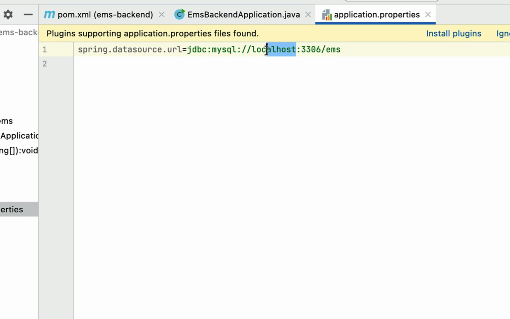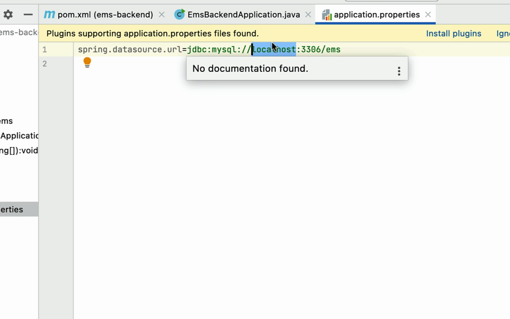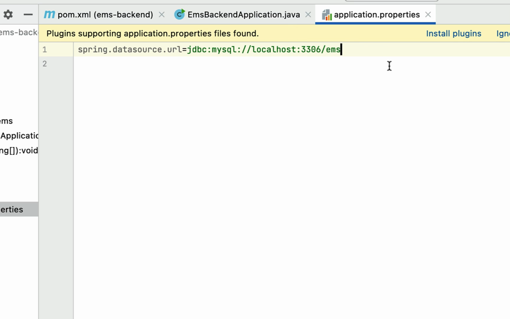And look at the localhost here. Our MySQL server is running on the local machine, that's why it is localhost. But if your MySQL server is running on a different machine, then you can specify that machine's IP address or the host name over here. Next, let us configure the database username and password. So here just type the property